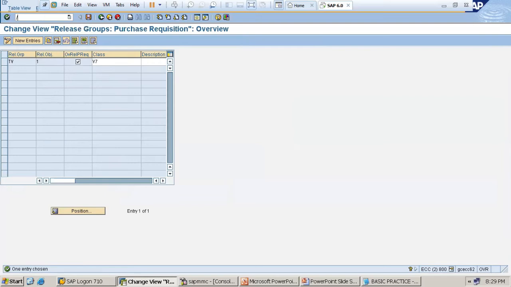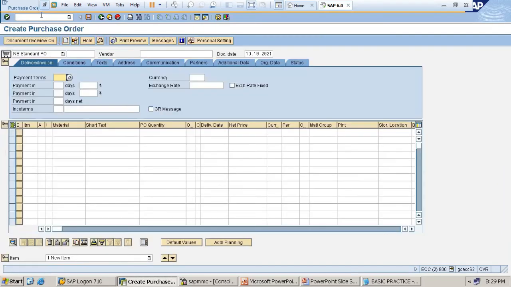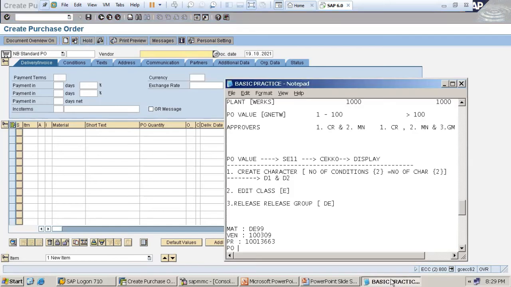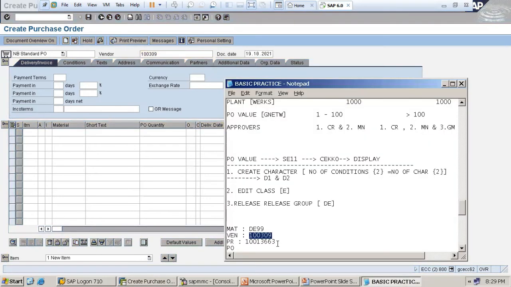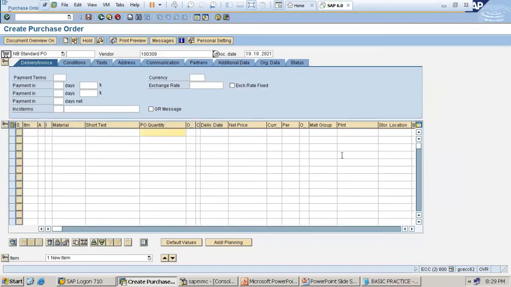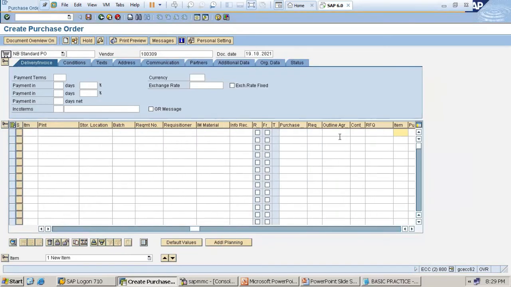Okay, well, /n ME21N. I'm going to create the PO now. What's my vendor? 100309. What's my PR number? You can just copy, paste the PR number here.